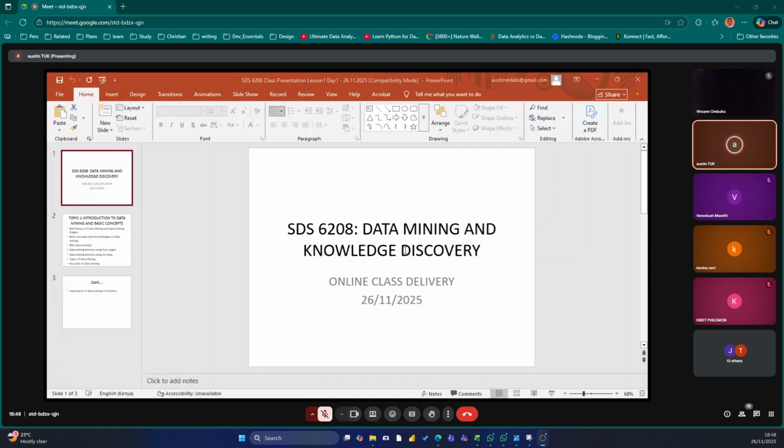Those insights should be converted into knowledge that we can use to make any kind of viable decision, depending on which area of business you are carrying out your data mining process, or what objectives you have in mind when you decided that you want to carry out data mining.